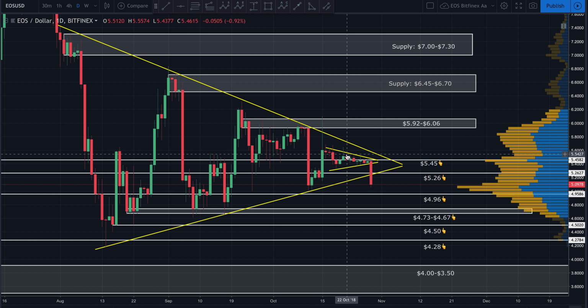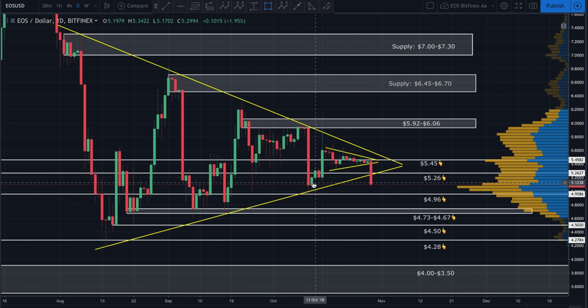Now, we didn't have any kind of catalyst to push price up. I told you, if you've been watching my Bitcoin updates, that we basically run out of guppies to push price up, and of course, without any type of catalyst, price just ends up falling down, and that's exactly what we've seen here. Price did fall down. I told you guys if we did end up breaking down out of this, now we had this little microstructure here, so of course we were expecting a breakout either up or down in the next day or two, and of course it just happened today. But yes, price did end up breaking down, guys.